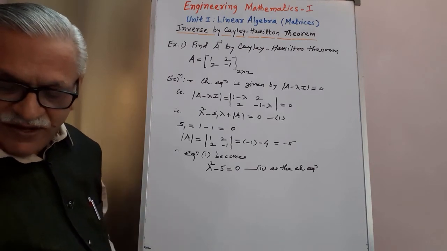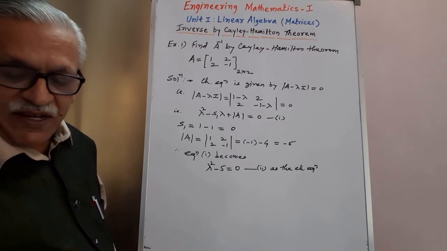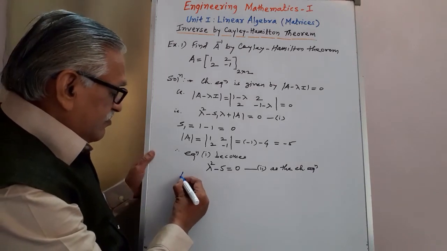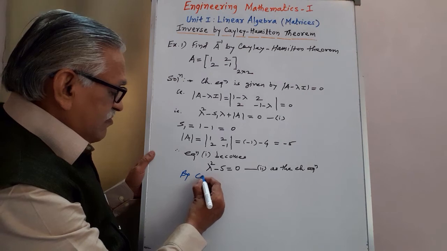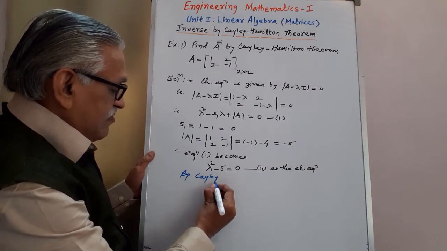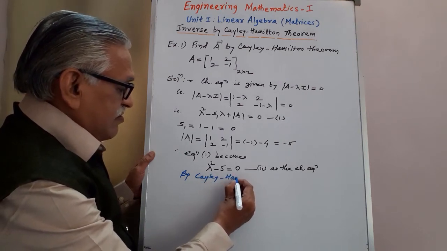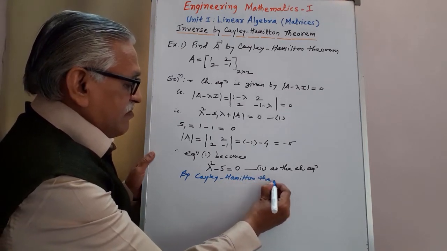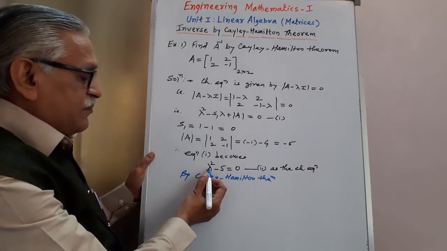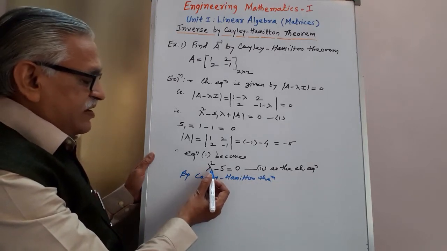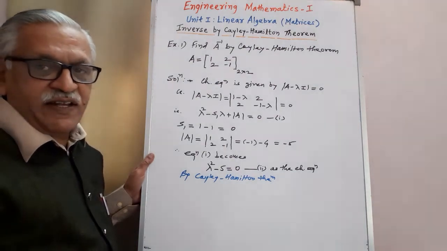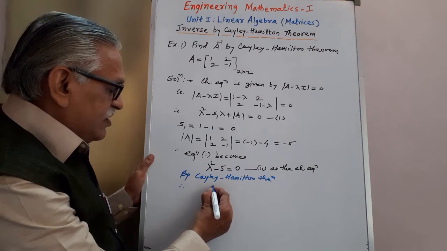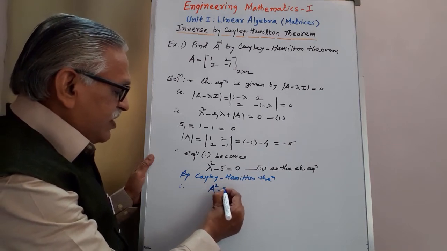Then applying the Cayley-Hamilton theorem, we replace lambda by A. This equation is satisfied by the matrix A itself, and therefore we have A square minus 5,